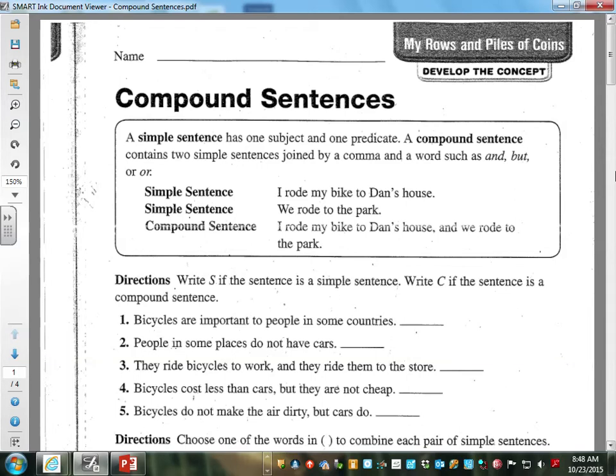Alright guys, today we're talking about compound sentences. You're going to be using your compound sentences on your sentence sheet for your project. So we're going to really focus on what a compound sentence is and how you're going to form your compound